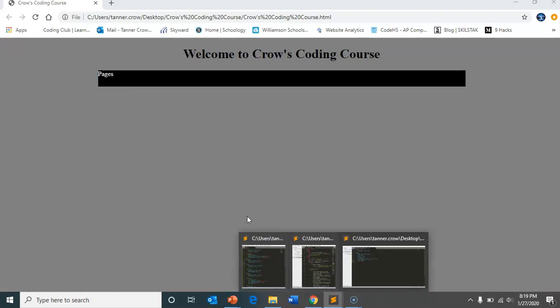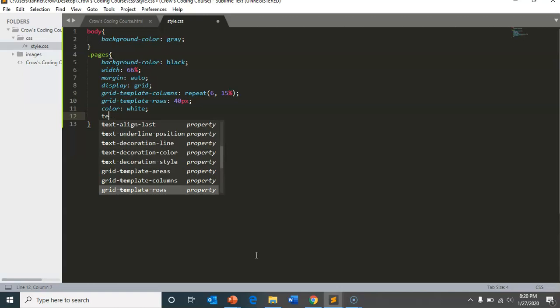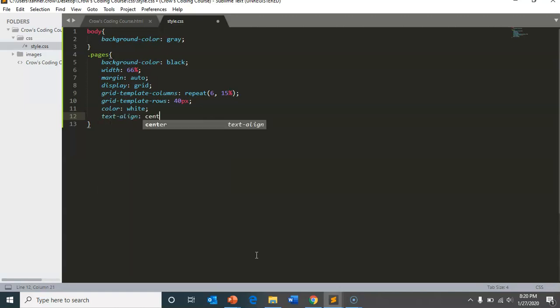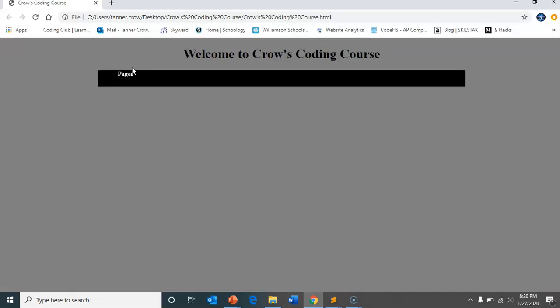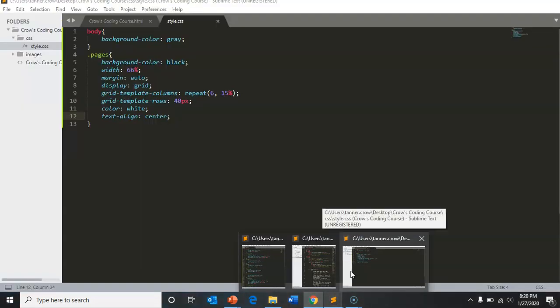pages will show up, and then we can have our text align center, and that will be the center of each column spot. And so that'll be good. So if we go ahead and